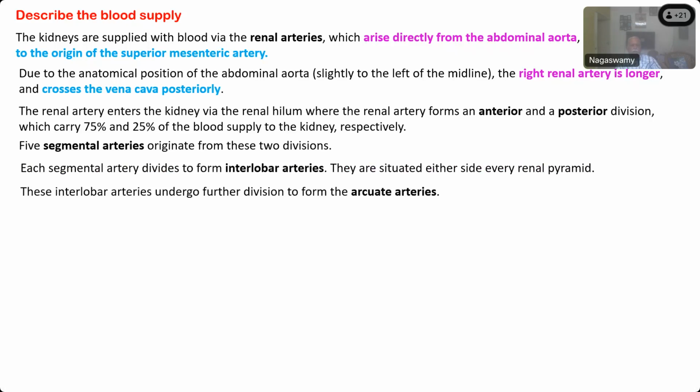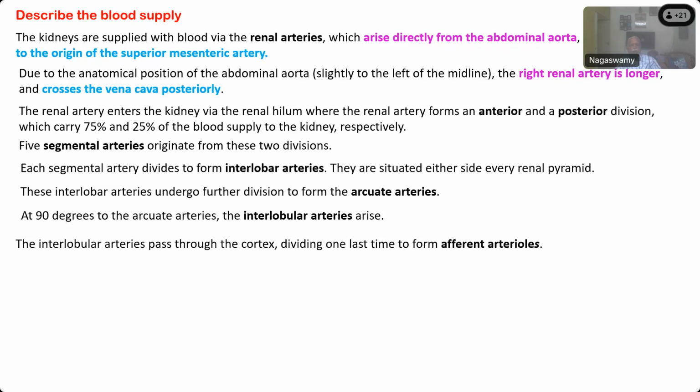And these interlobar arteries undergo further division to form what are called arcuate arteries, which means they turn like an arch. That's the reason why they are called arcuate arteries. And at 90 degrees to the arcuate arteries are the interlobular arteries. So interlobar arteries continue as arcuate arteries, and then they become interlobular arteries. These interlobular arteries pass through the cortex, dividing one last time to form the afferent arterioles of the nephron. Because the smallest branch is the afferent arteriole, which goes to